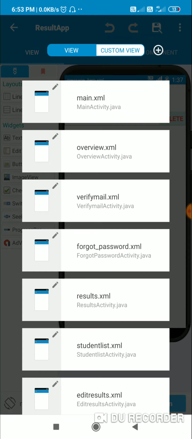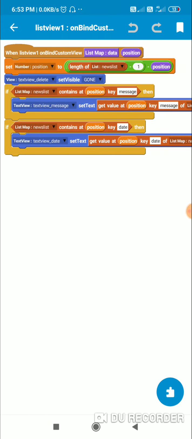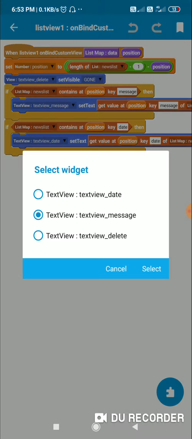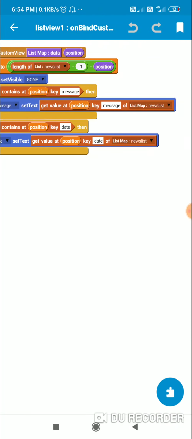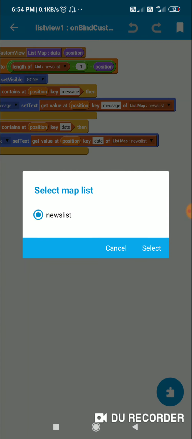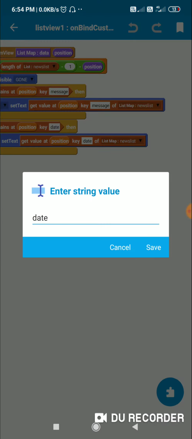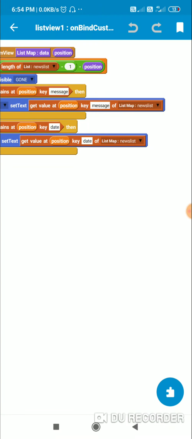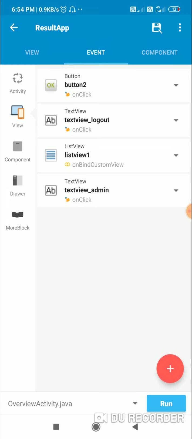So here in on bind custom view, I set text view delete as gone, and in text view message I display get value at position key message of news list, and in text view date I display get value at position key date of list map news list. This is in on bind custom view.